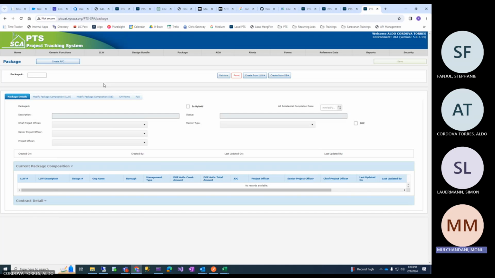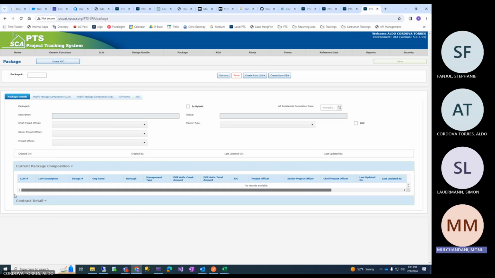And what else is shown? Just scroll to the right. Anything that we data enter, I'm trying to see. Okay, here, quick question. In here, we're going to see all the LLWs, even though they're in different design bundles? Yeah, it means if you've created a P number where LLWs are from different design models, yes.